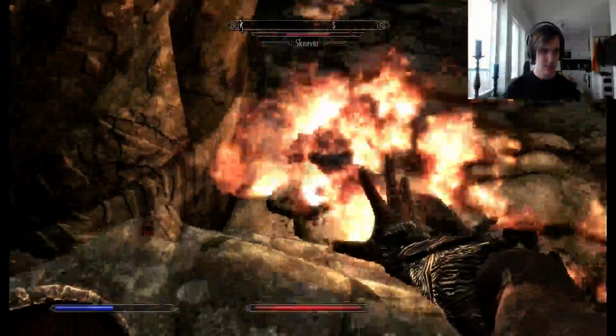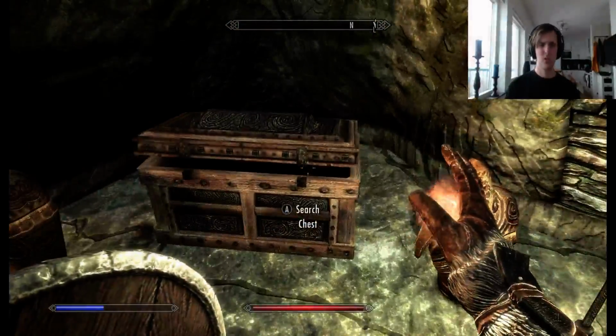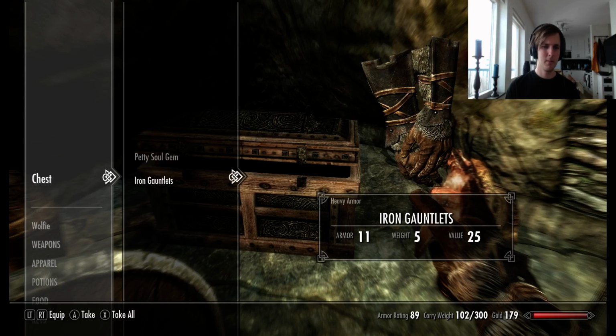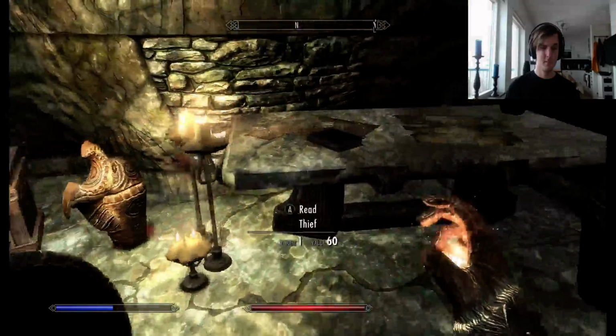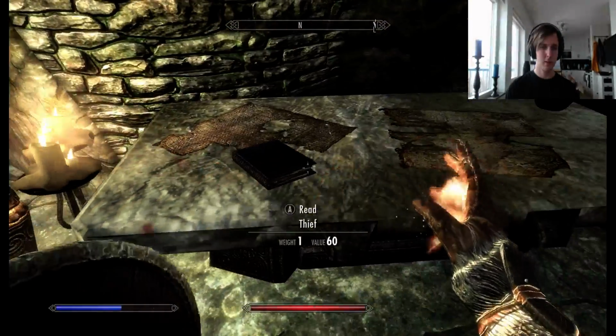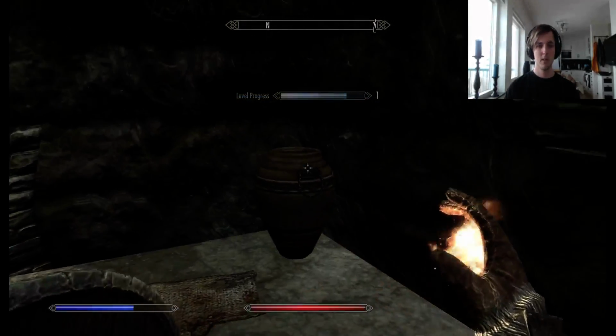Sometimes when you get bit by skeevers and the other animals, you'll get diseases that you have to go cure. That'll do stuff like lower your... Oh yeah, this is a skill book. I already know it's a skill book. But when you read it, you level up a skill. Like this is thief, so you level up pickpocket. There are lots of